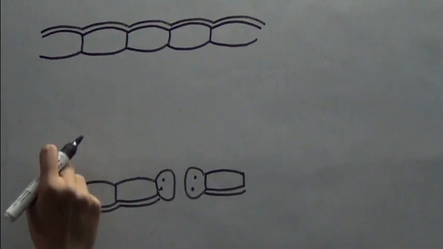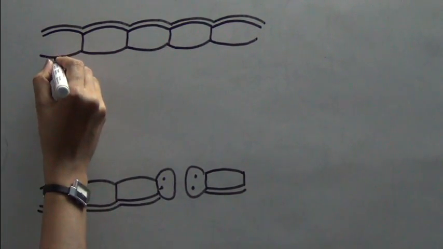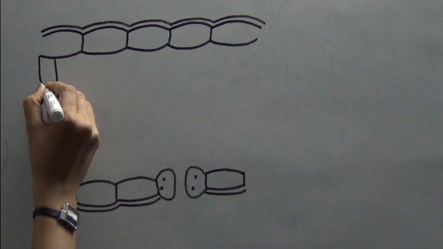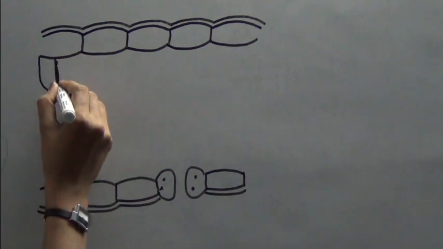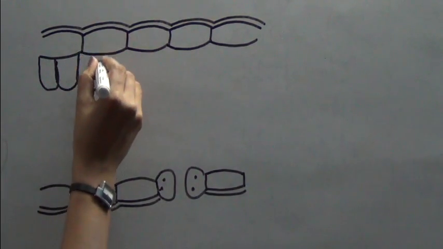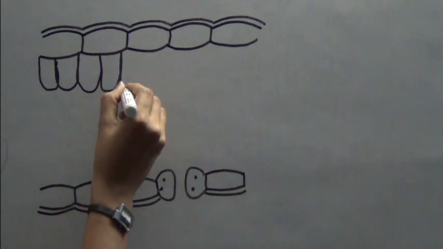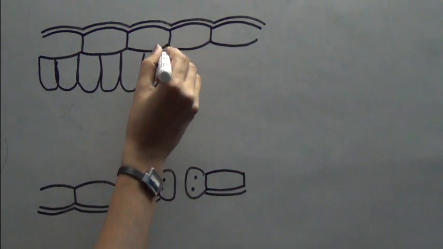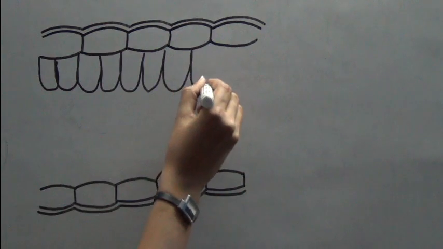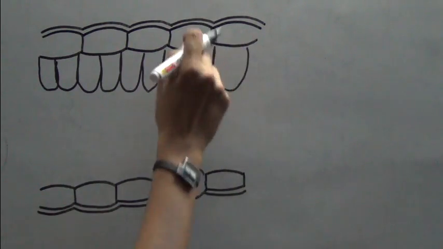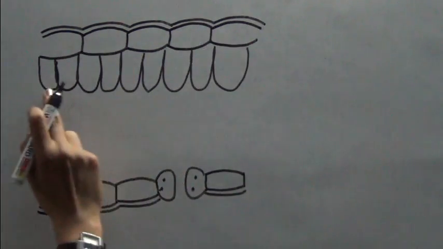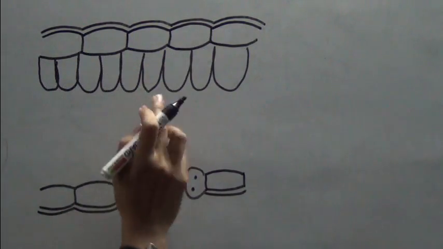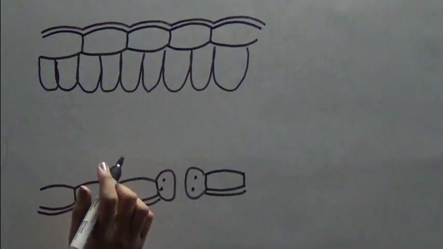The middle part of the leaf called mesophyll is made up of parenchyma cells. It is made up of 2 types of parenchyma. One of the parenchyma cells is called palisade parenchyma. It is single layered. The cells are perpendicular to the upper epidermis. They are all closely packed together. There is no space between them.